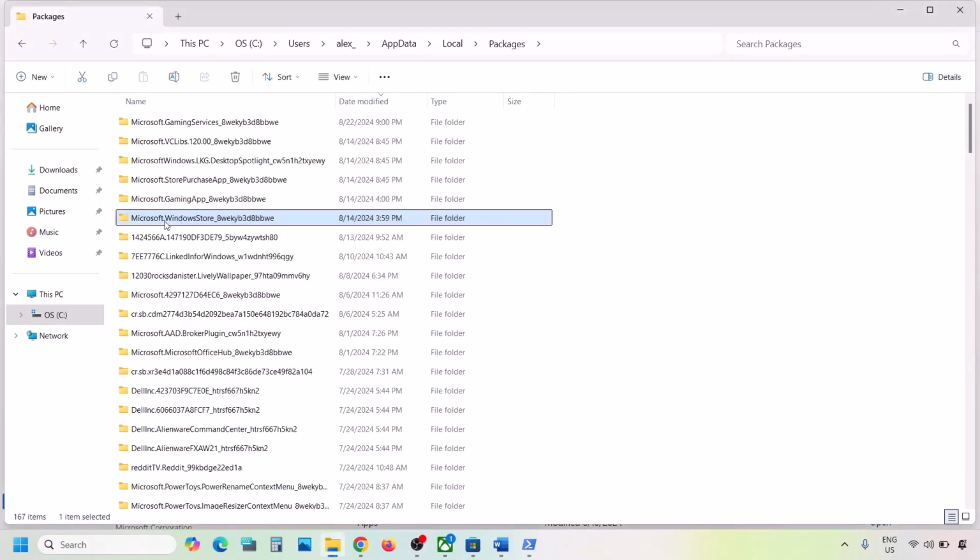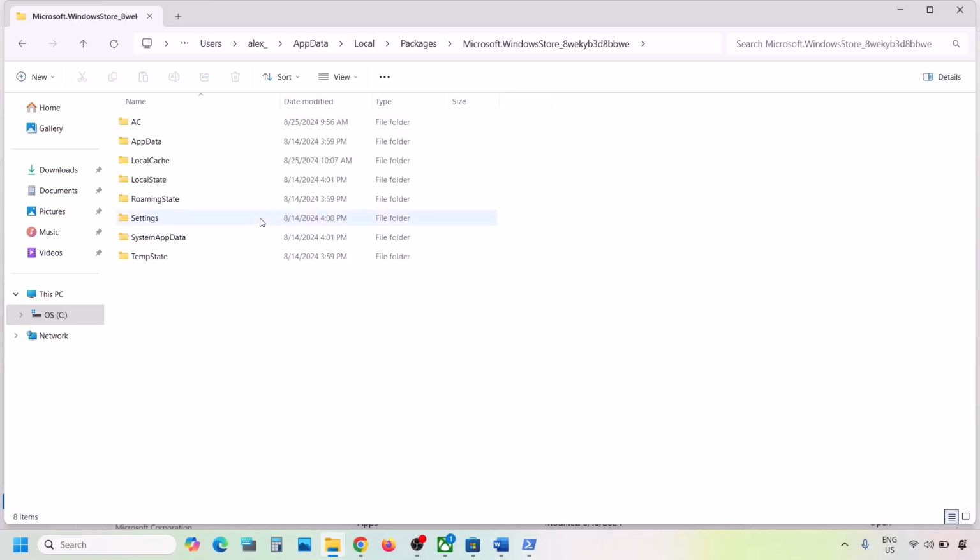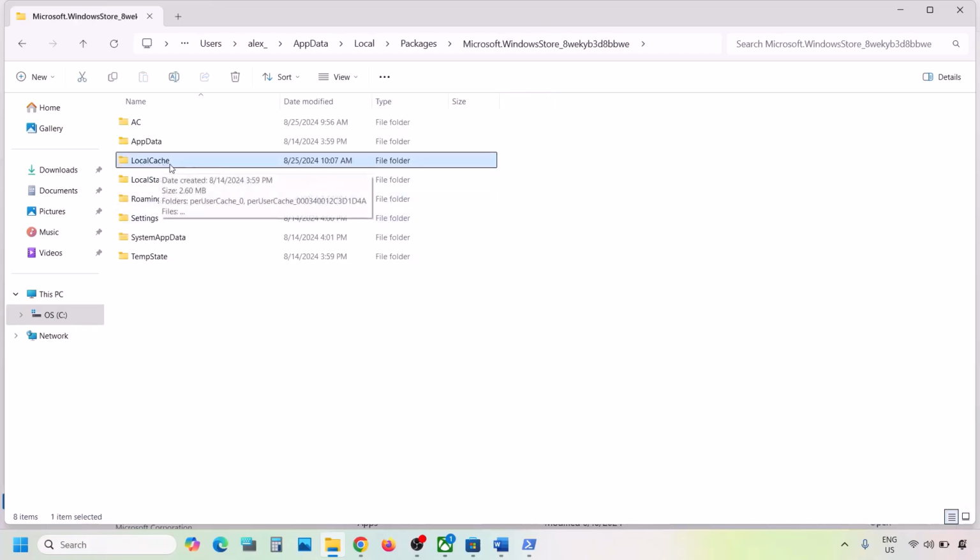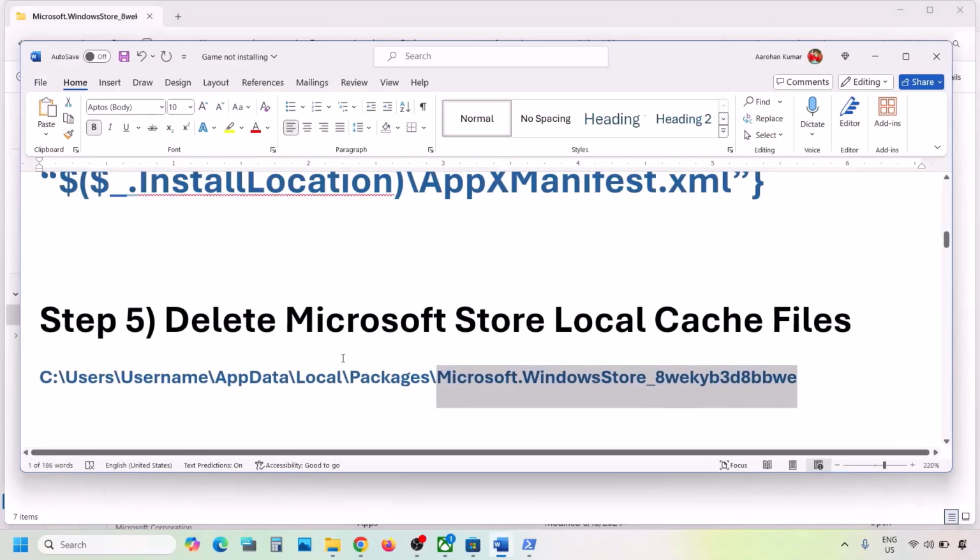You can see Microsoft Windows Store underscore some alphanumeric characters. Open this folder and you can see local cache folder. Right click and delete this local cache folder, and once this is deleted, you can check. If you're still facing the problem,